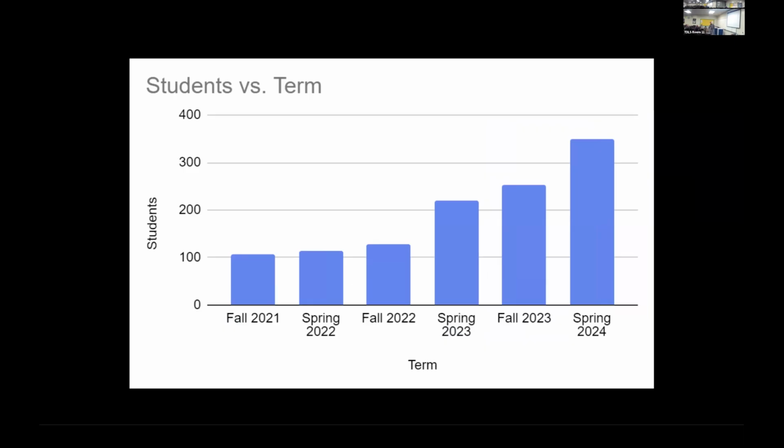But really, the most interesting one, I think, is probably this, students versus term. So by spring 2024, pretty significant jump. Again, without the teachers having gone up or the number of shells. So what that looks like to me is that teachers are actually putting the students into the class, publishing the class and using it. So we're actually getting more engagement.